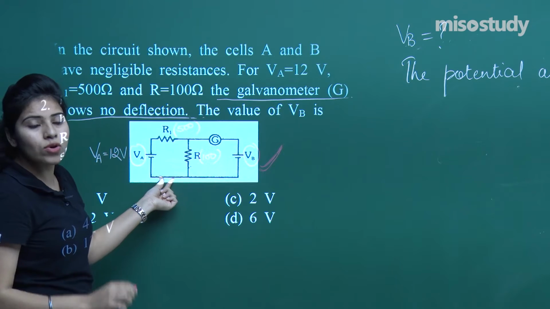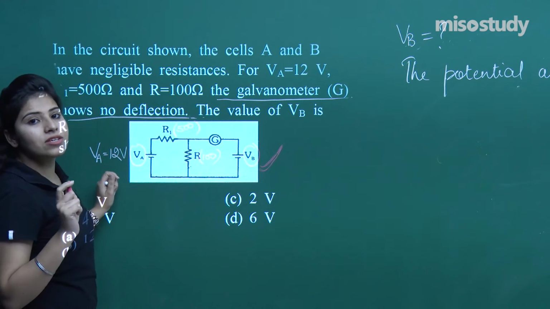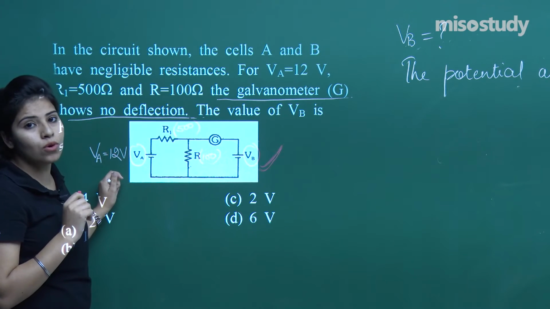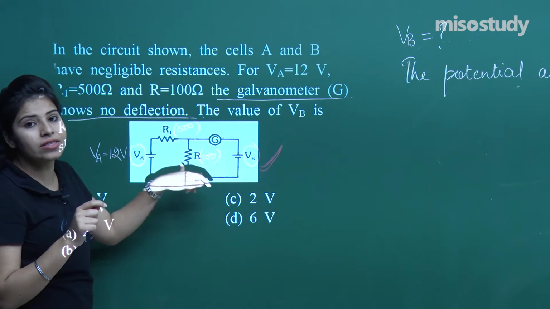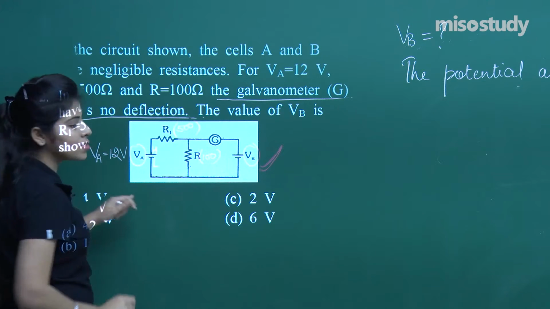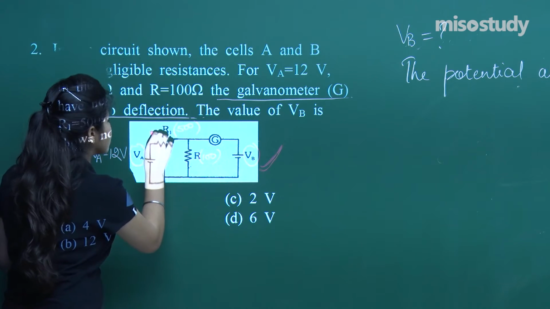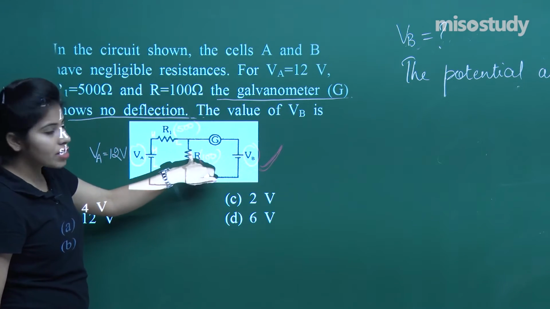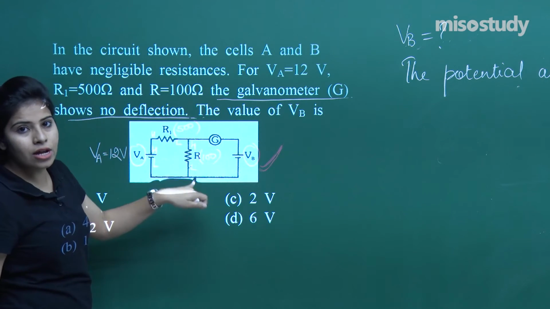Now if you are going to consider this mesh, first of all let me tell you one thing, that I have made you very clear about the higher potential and lower potential. If I denote the higher and lower potential in this mesh, it would be like this. This is H and this is L, higher potential and lower potential. In this case, this would be H, this would be L. In this R, this would be H and this would be L.